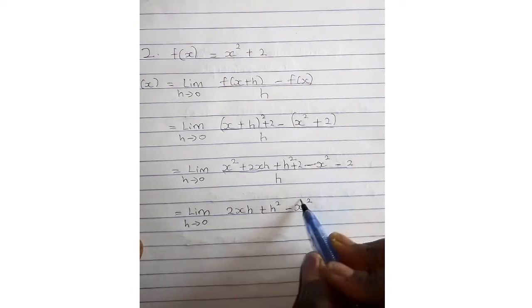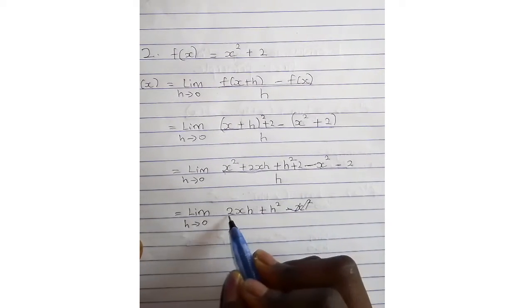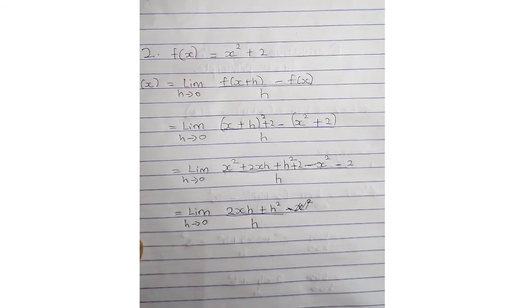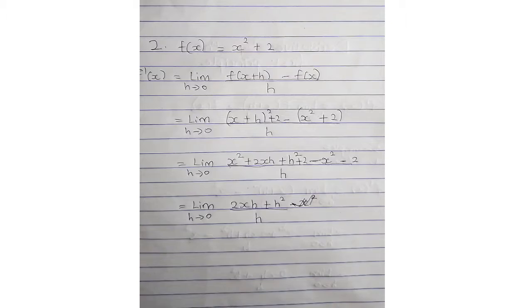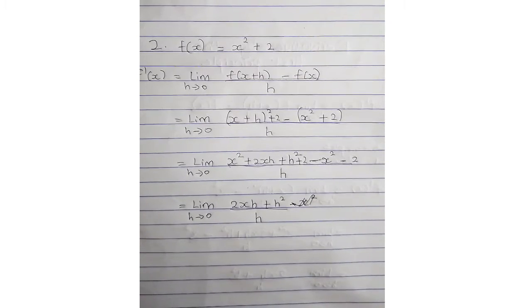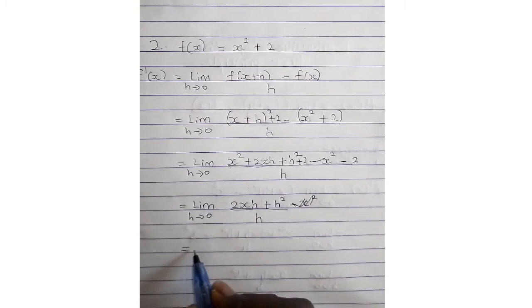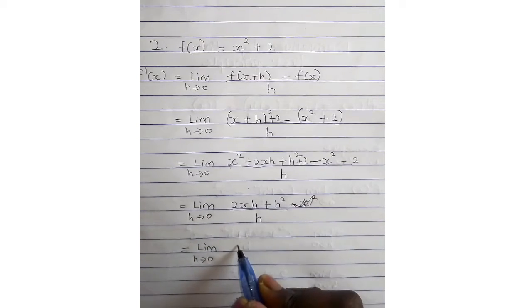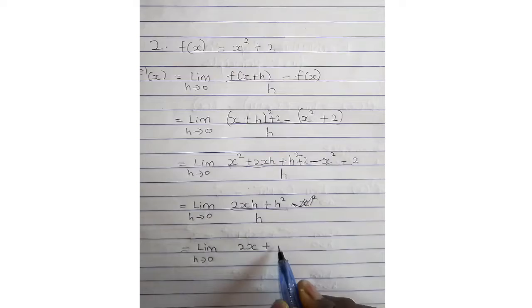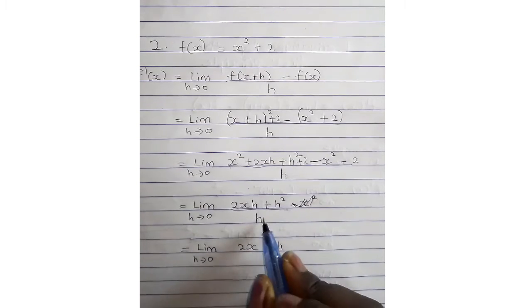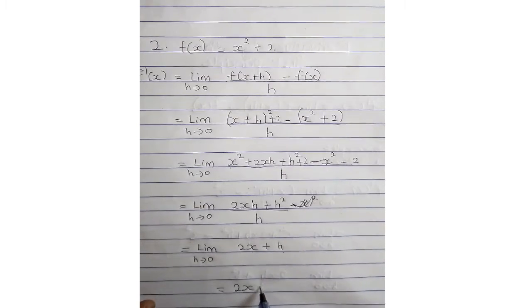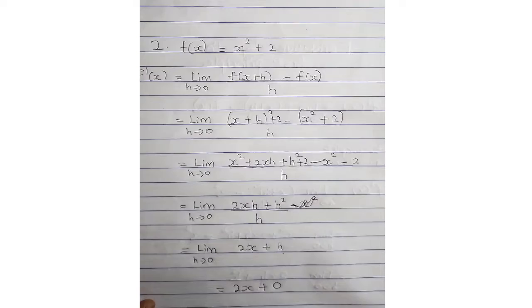Okay, sorry. We already cancelled out this. This is not going to pass of it. All over h. I'm so sorry for this. So at this point, we are going to divide all through by h. So dividing all through by h, you are going to have the limit as h approaches 0 of 2x plus h. When h cancels, we are going to have this. So putting 0 in place of h, we are going to have 2x plus 0, which is going to give us